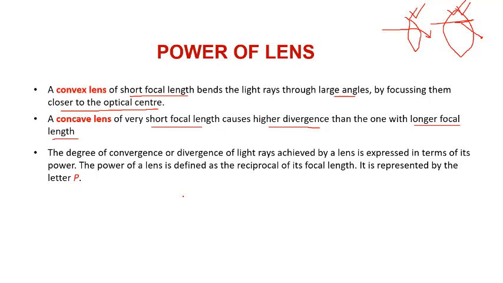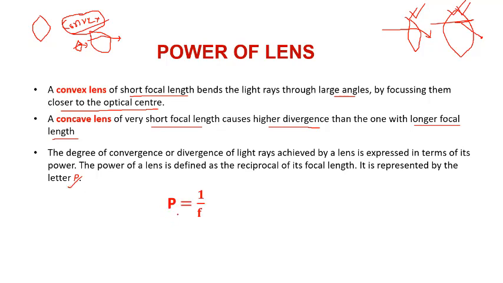It is represented by the letter P. Now see, when you go to a doctor, you say you cannot see properly from here, from the left eye. So what you will do here? You will use a convex lens, because you cannot see properly. Now this convex lens will have a power. Your eye may be a little bad, and someone else's may be even worse, so they need more power to converge, and you need less power. So this is the power of the convex lens. We represent this by the letter P.